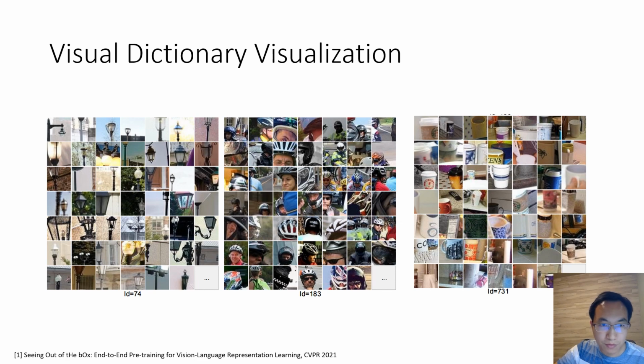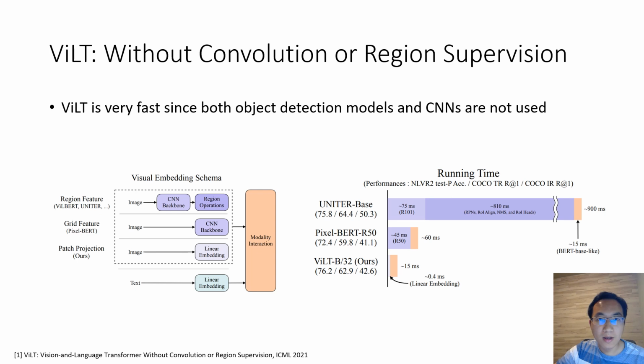For example, the first cluster is about the lamp, the second cluster is about the hamlet, and the third cluster is about cups. So the learned image grid clusters capture the semantic meaning of the image grids. Okay,